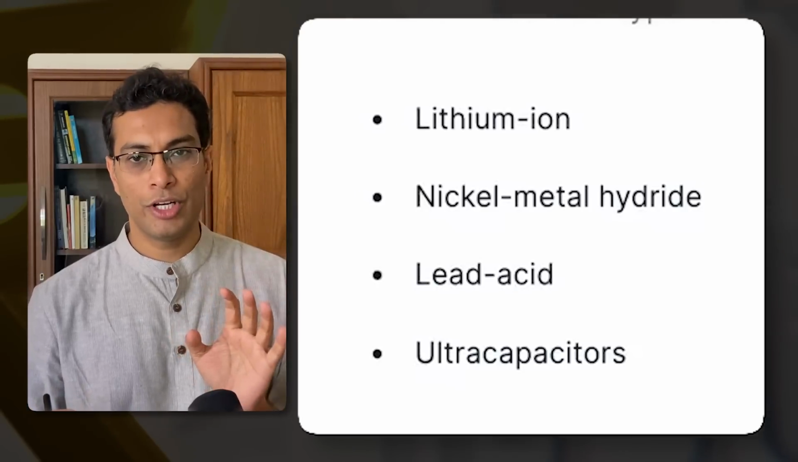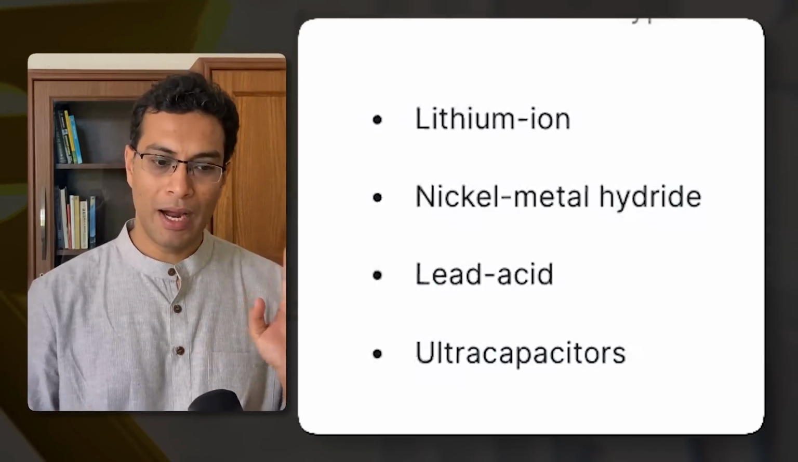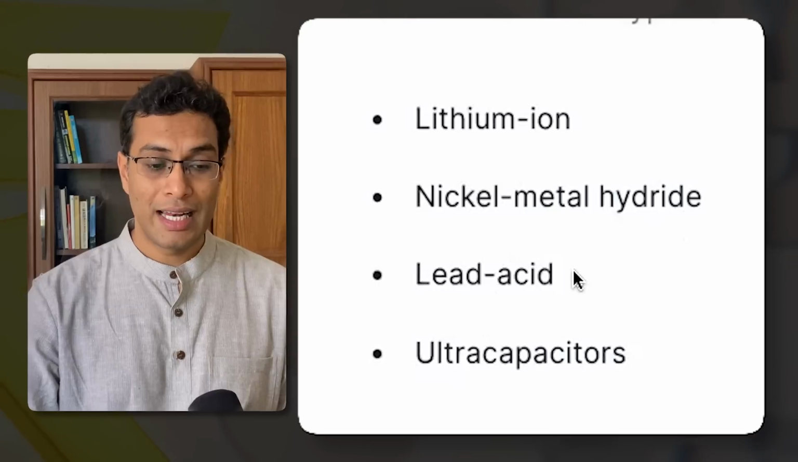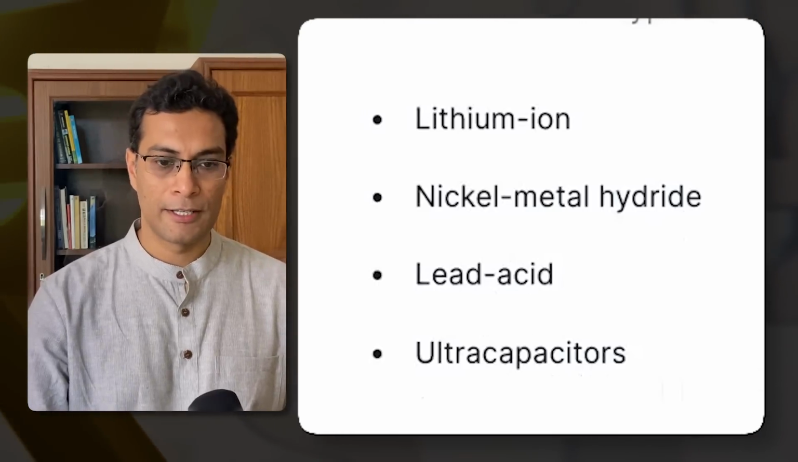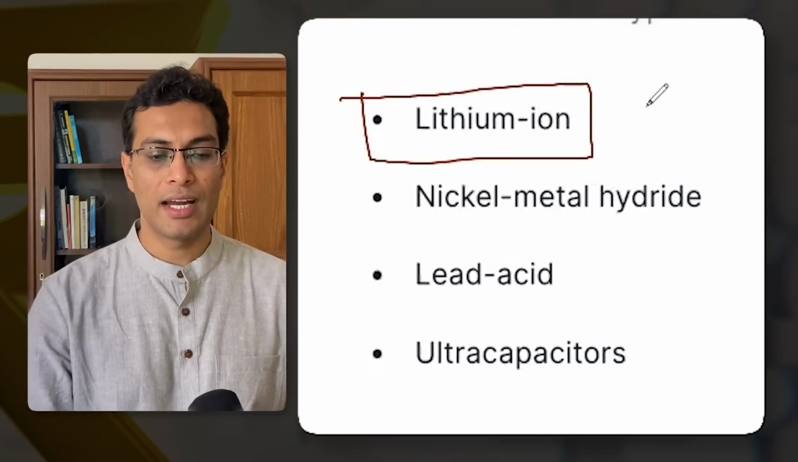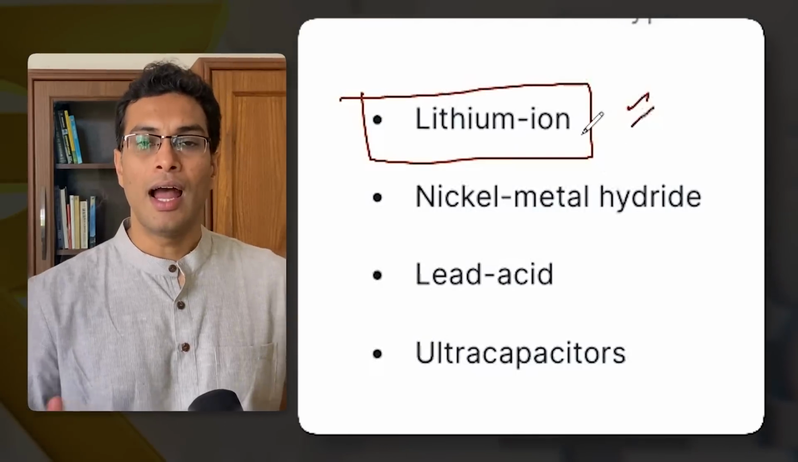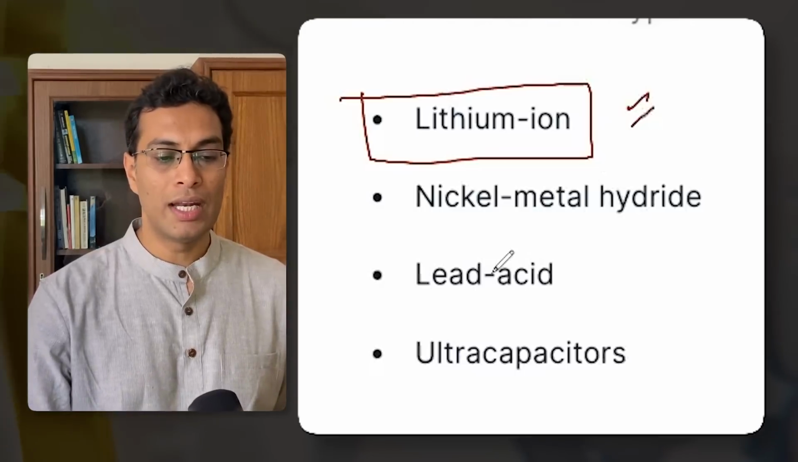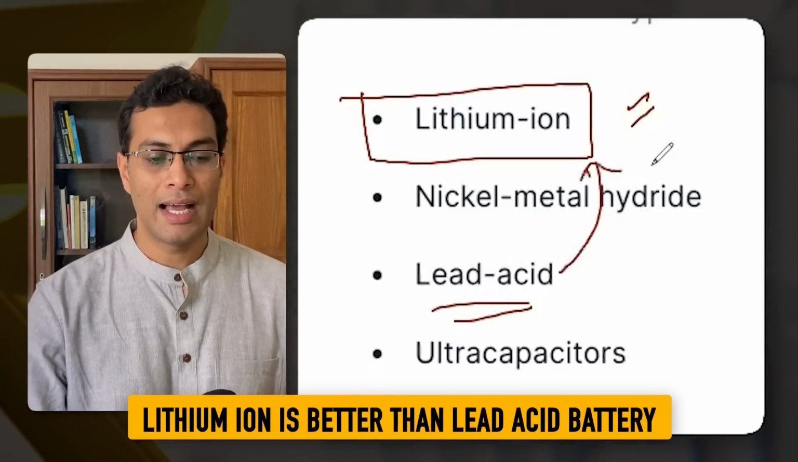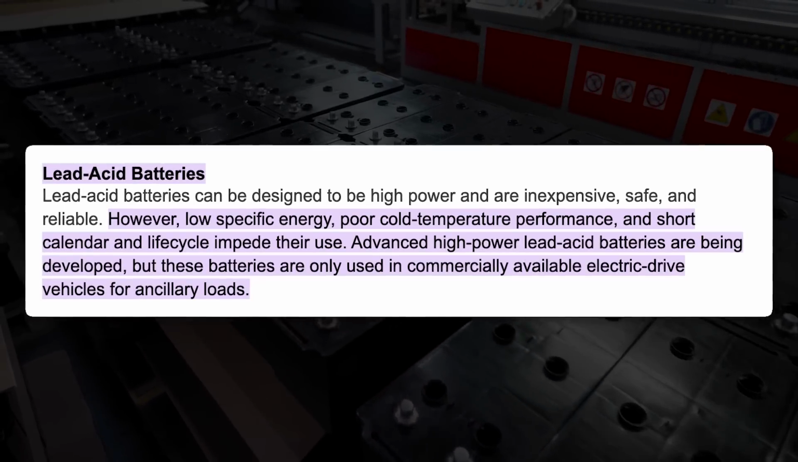To cut the long story short, there are four major EV batteries. One is called lithium ion, one is nickel metal, the third is lead acid, and then there are ultra capacitors. Out of these, lithium ion batteries have started to gain a lot of prominence, and they are much better compared to lead acid batteries. Now, what is the reason why lithium ion is better than lead acid? I can make an entire video on that, but here is a very quick snippet that shows the limitation